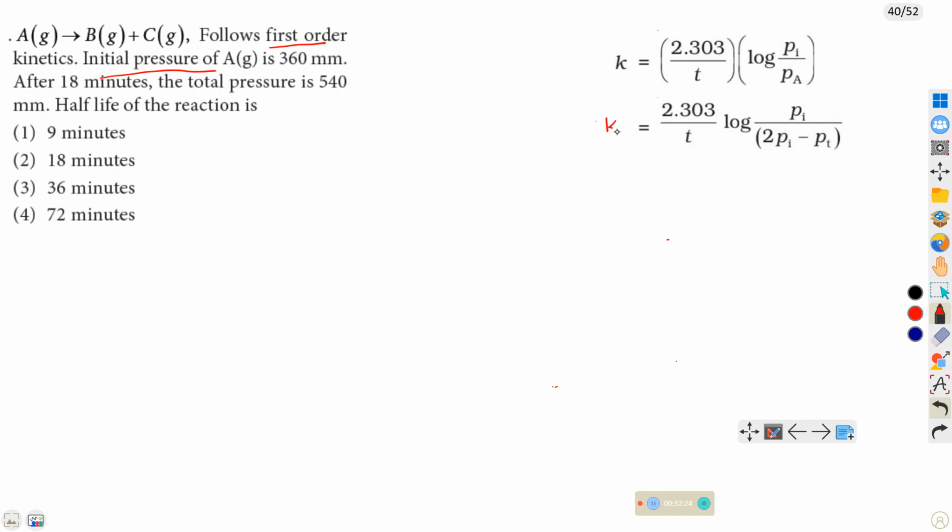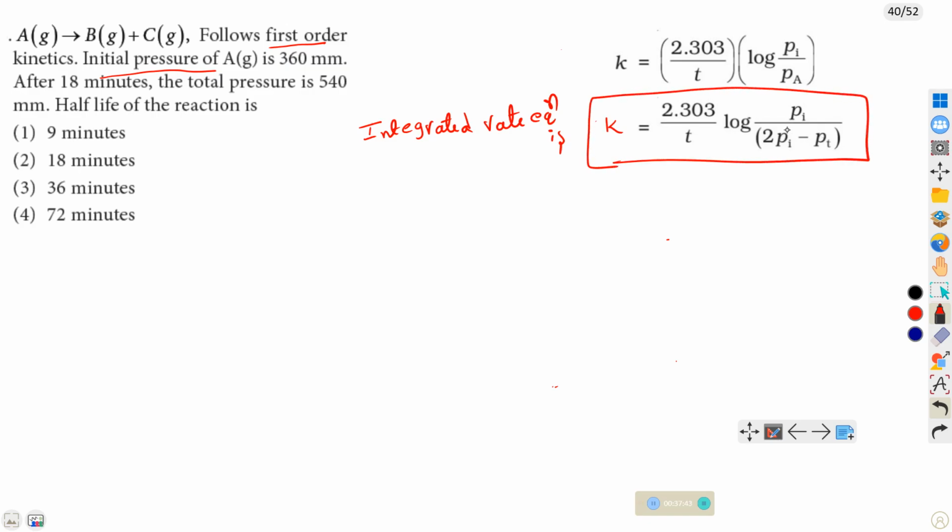We know that for a gaseous reaction, the integrated rate equation is k equals 2.303 by t log of Pi by 2Pi minus Pt. k equals 2.303 by time, given as 18 minutes, log of P initial given as 360 by